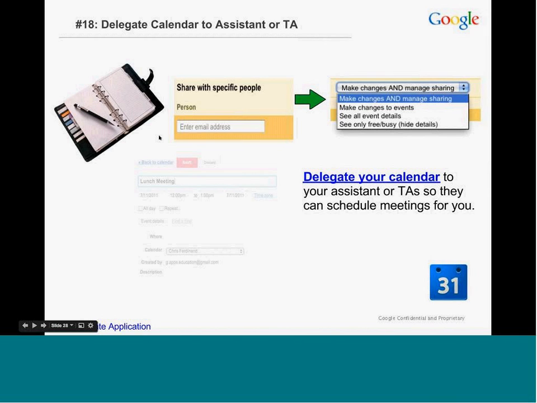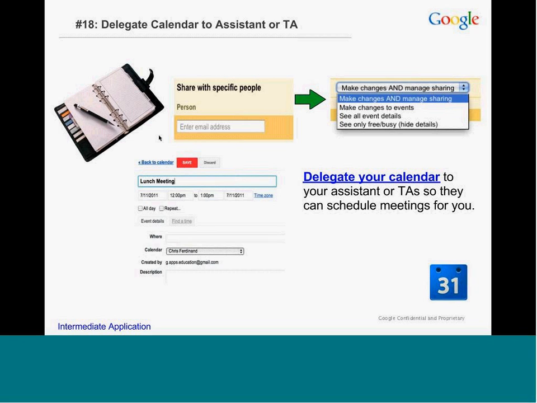Another probably really popular way to use Google Calendar is to share your calendar with a specific person that might want to schedule events on your behalf. So we definitely get asked about this a lot with schools looking at Google Apps for their faculty and staff. Hey, can you delegate access to your calendar? Yes, absolutely. You can share your calendar with an assistant, with your TA, with whoever needs to make that